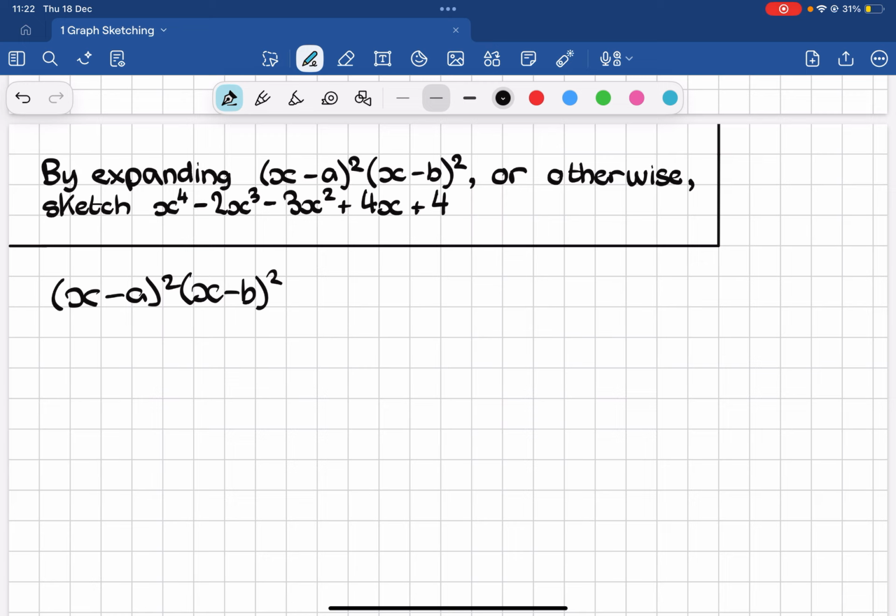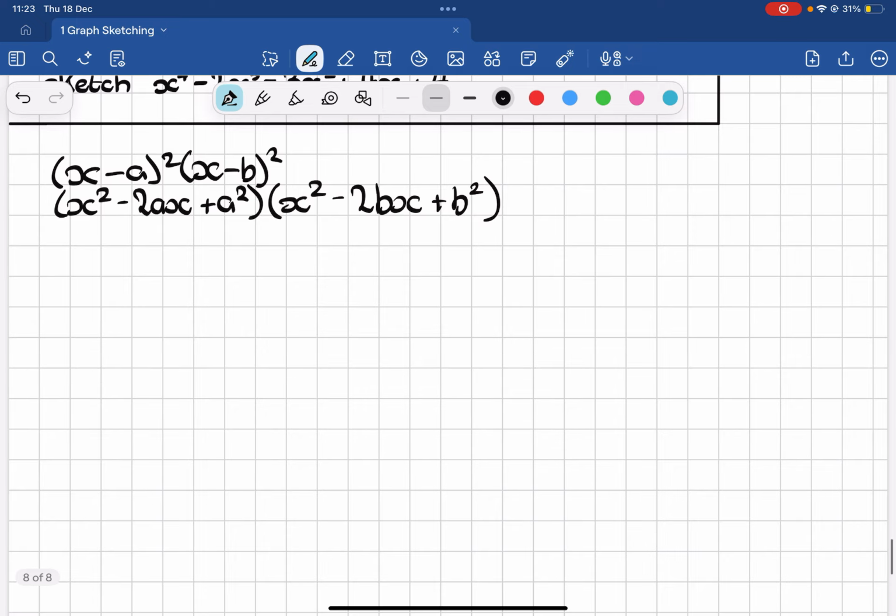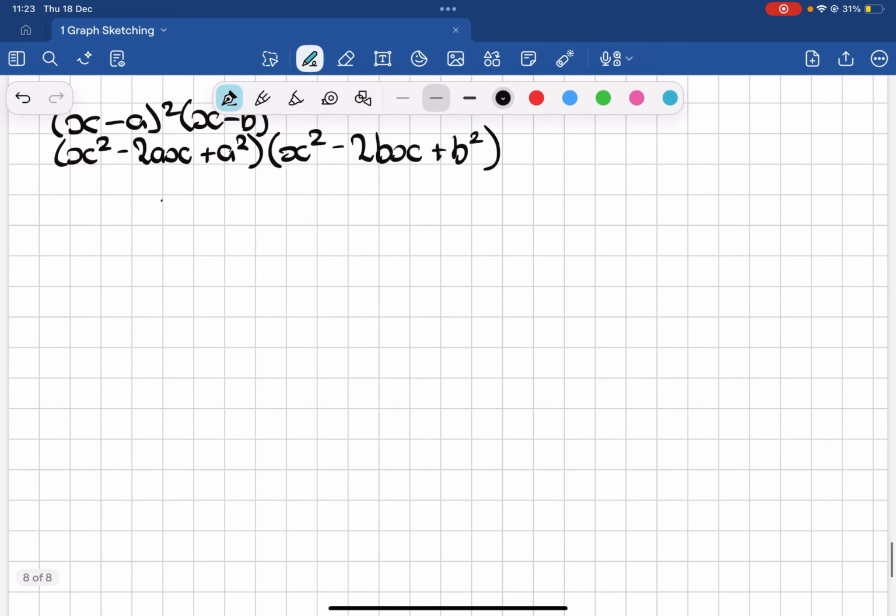So if we expand each bracket, we've got x squared minus 2ax plus a squared, multiplied by x squared minus 2bx plus b squared. Since we've got more than 2 terms in each bracket, we should use the grid method. So if we draw that out nice and big,